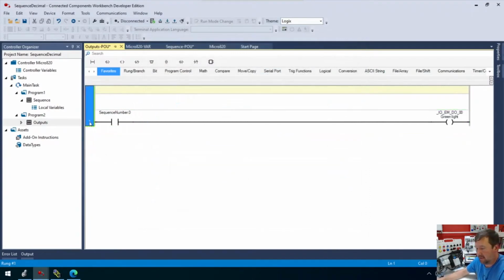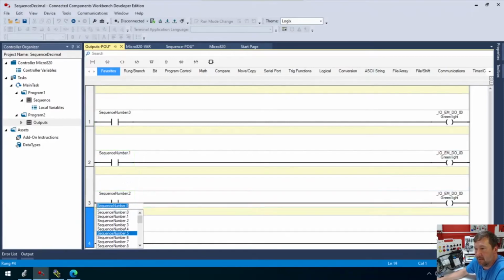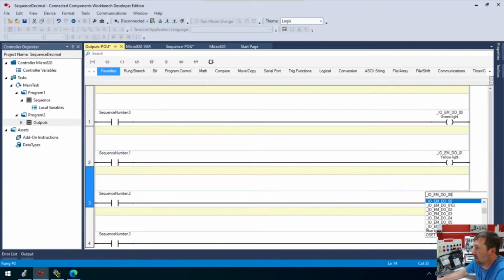We'll copy and paste that 3 times. And then we're going to look for 1, 2,